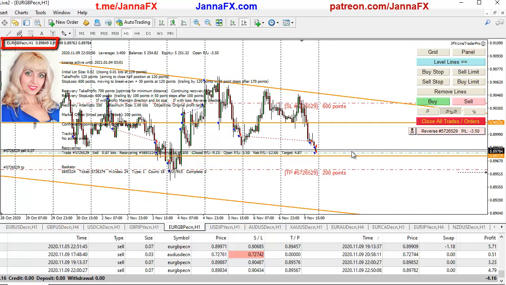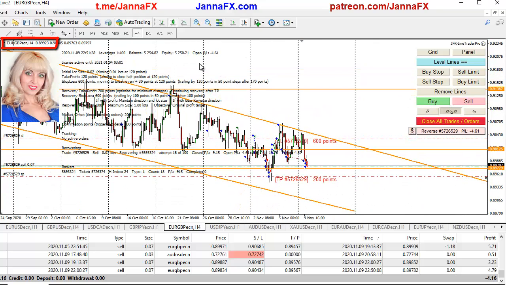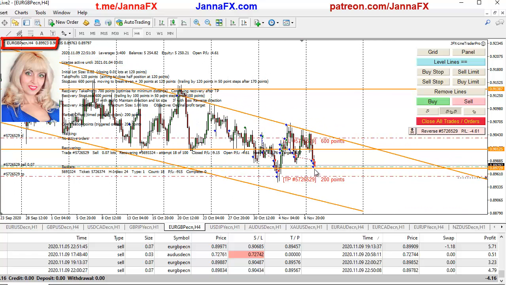But to be honest, right now, if it starts to actually move nicely before I come to the screen and then continues the way down, I will probably just turn off my EA again, move the take profit further and put the stop loss in a more profitable position. So let's say if I need to cover 4, maybe if it gives me like $5 profit, I will move the stop loss and then try to catch a little bit better move and get a bit more, because you see euro pound is in a downtrend channel, right? And so it's quite possible it might break this area, cover those bottoms. Yeah, that's why I think it might go a little bit further and finish it.